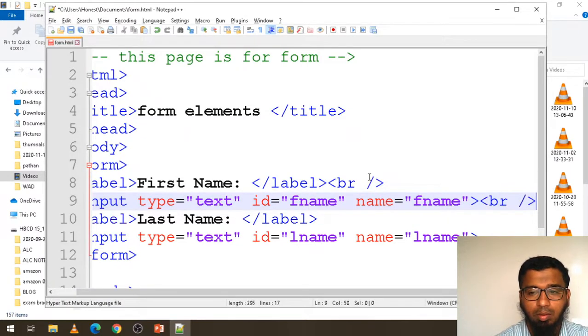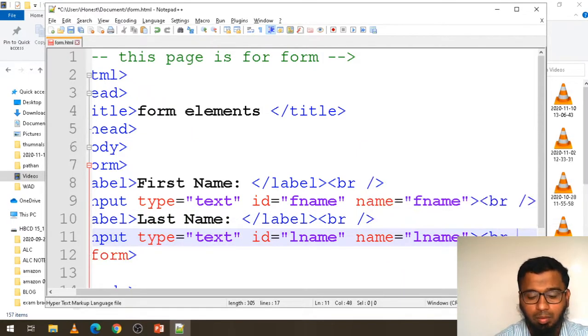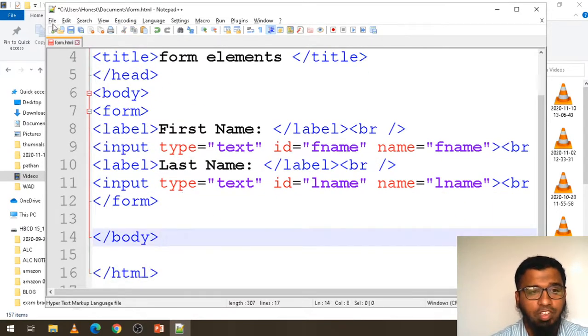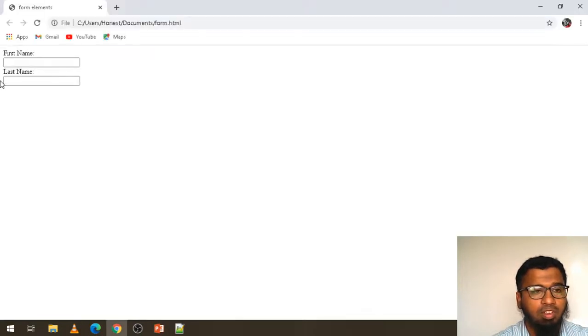Okay, next, BR. Now let's see the output. First save the file, go to run, launch in Google Chrome. See, first name and last name. This is in the next line.